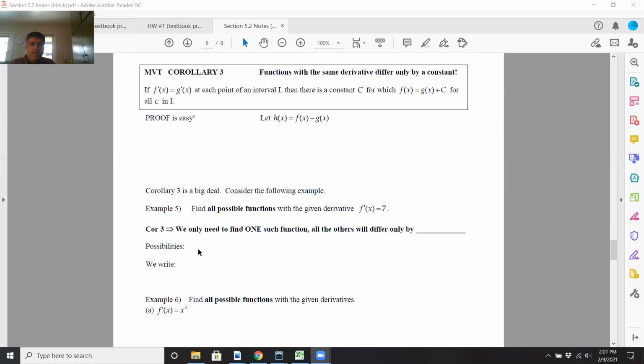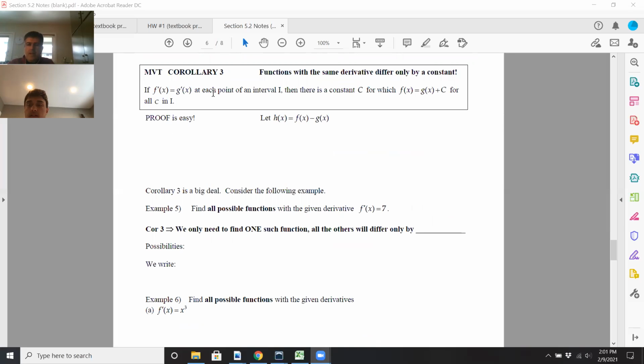That's awesome. So let's say f prime of x equals g prime of x. Okay, great. So you have two derivatives that are equivalent to each other. Then what this means is that f of x will equal g of x plus c, for some constant in that interval. So why does this make sense? Like, how do we know this? Well,